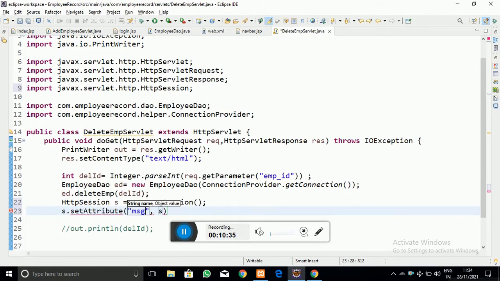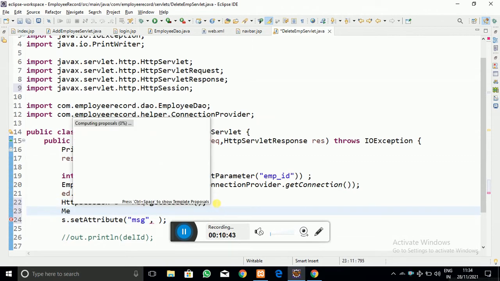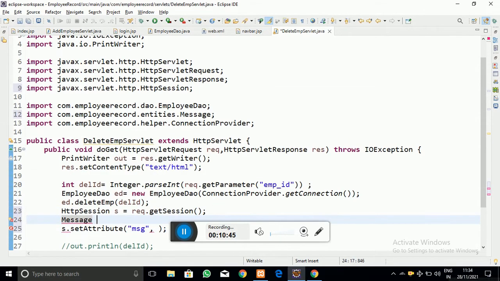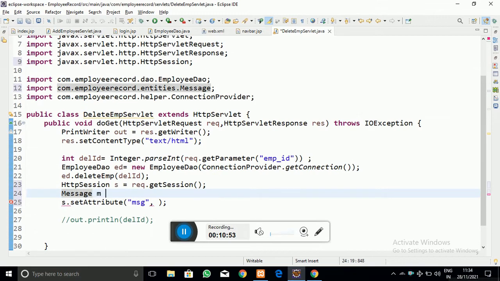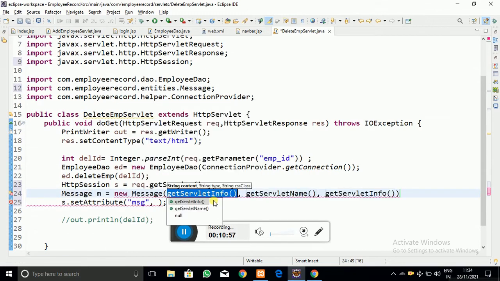Set attribute as message, and the value for that message is an object of the Message class. So let me create the message object, and by making use of that object I can give a proper message after deleting the data.